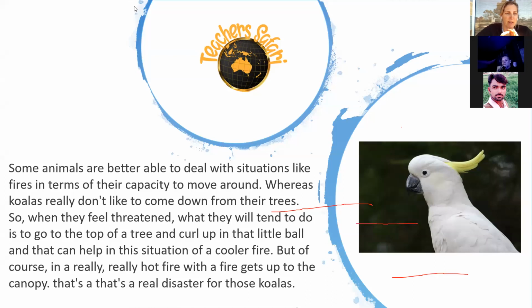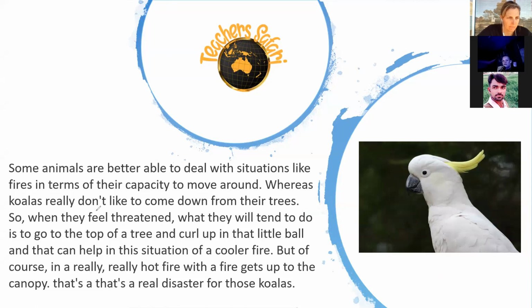So now let's read again. Some animals are better able to deal with a situation like fires in terms of their capacity to move around. Whereas koalas really don't like to come down from their trees.